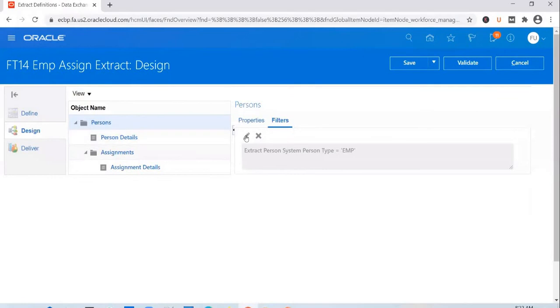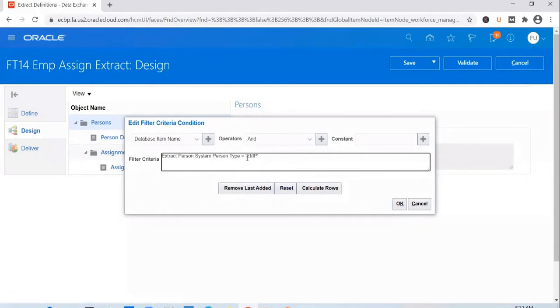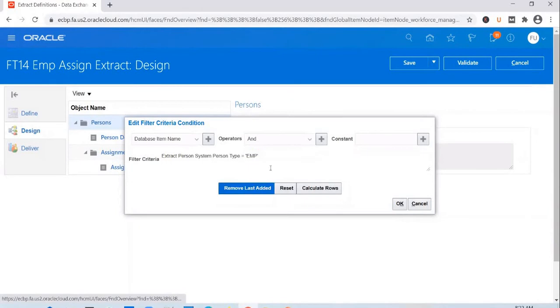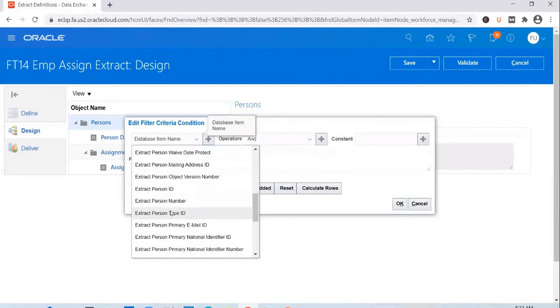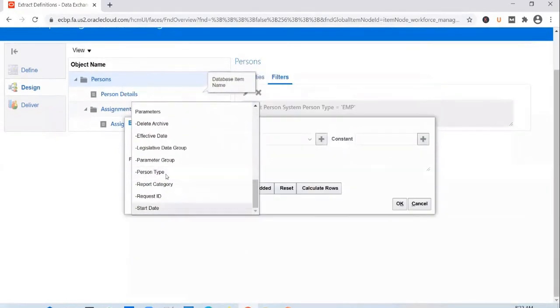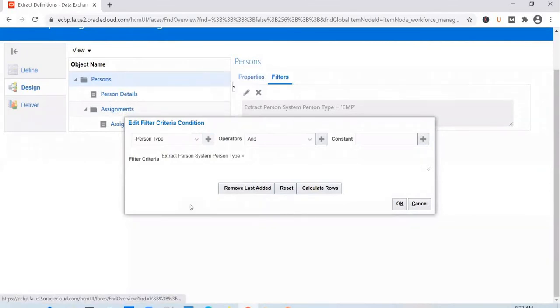Go to design. Edit this. And here you can select the parameter person type and add it.